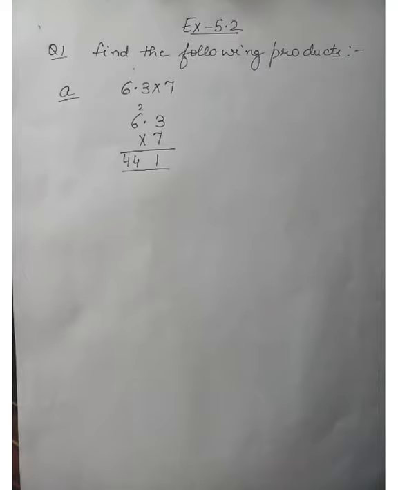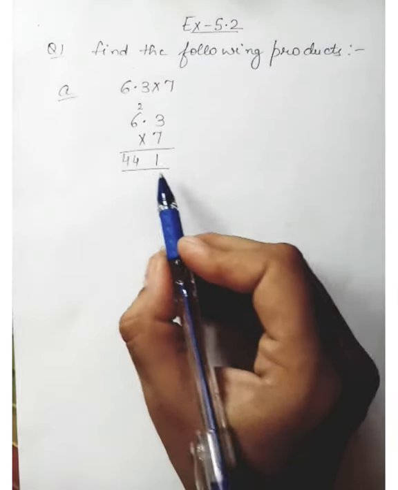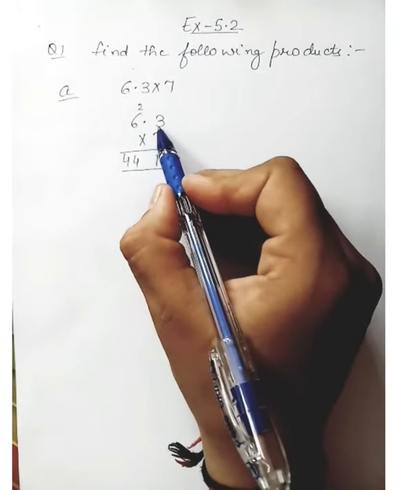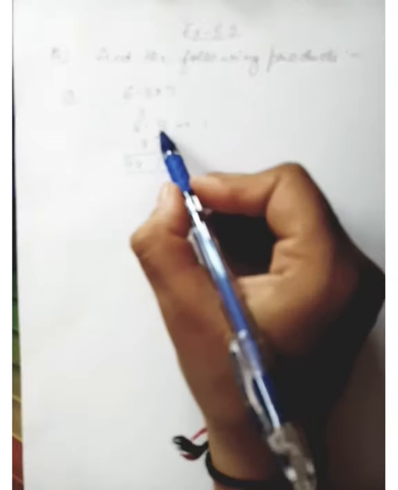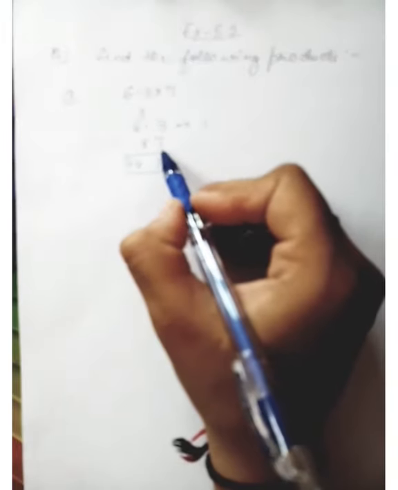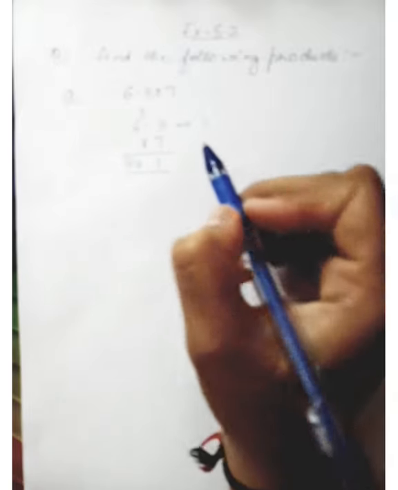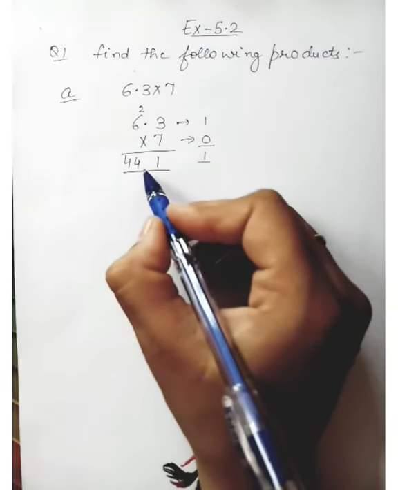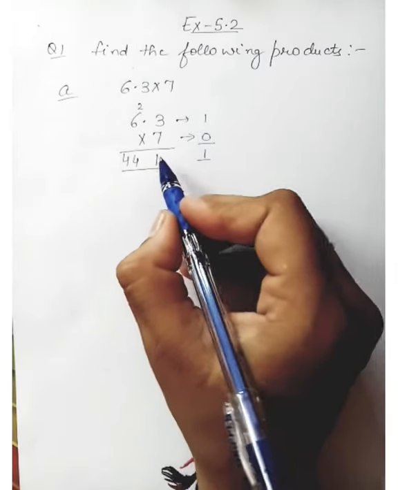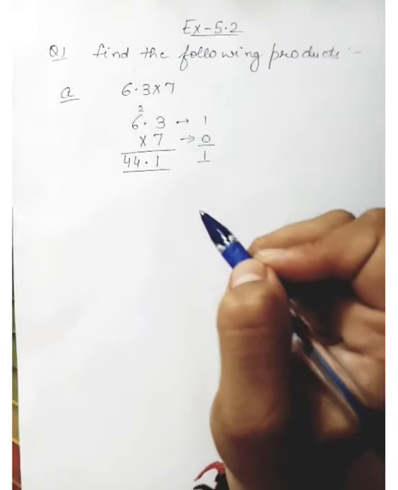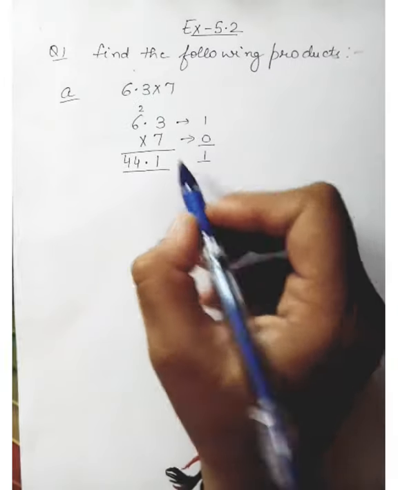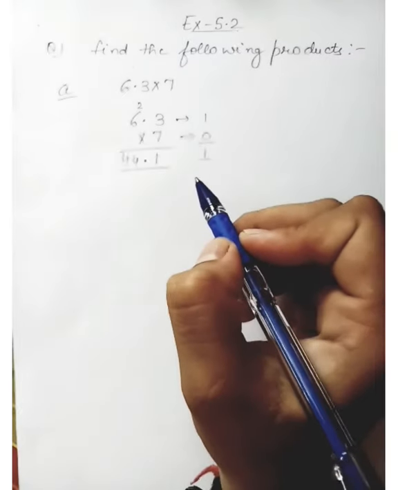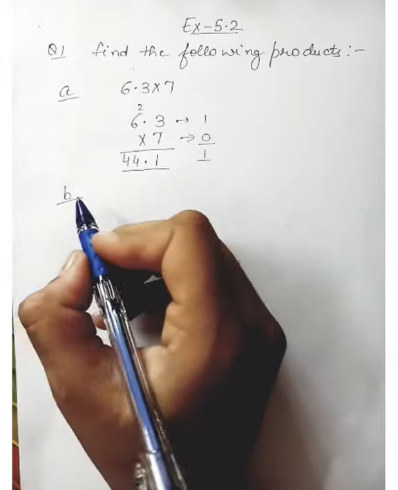In step 2 you have to place the decimal point in the product. Product means the answer of multiplication. Let's have a look here. After the decimal only one digit is there. This is your rough work. After the decimal only one digit is there. In this, no decimal point is there, so here will be 0. 1 plus 0 is 1. It means in the answer you have to place the decimal in front of 1. That is, count the digits to the right of the decimal. You have to count the digits from the right side. If 1 is there, after 1 you have to place the decimal. Let's have a glance at the next example.